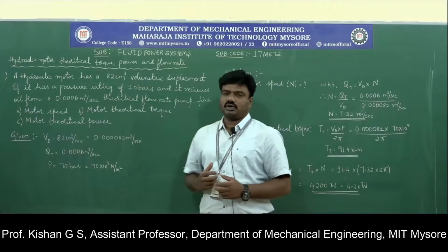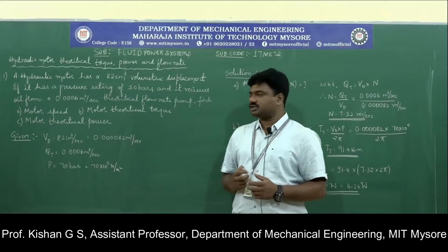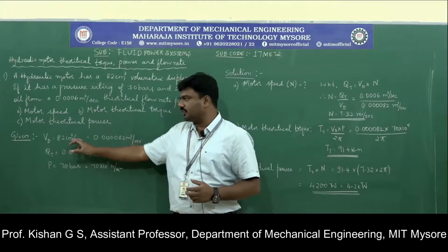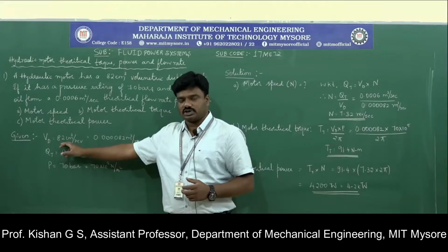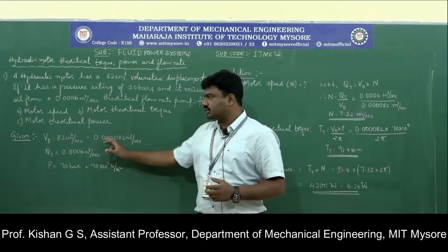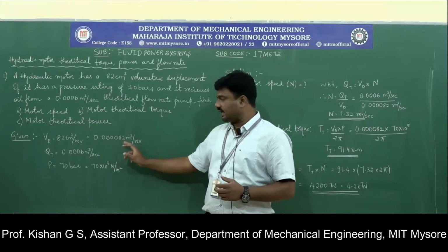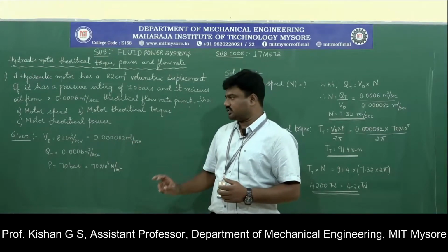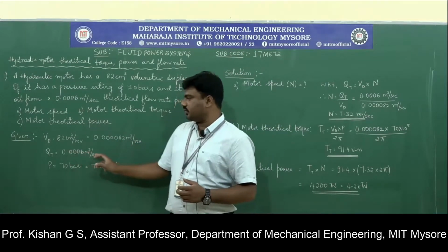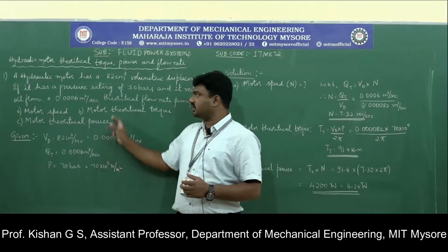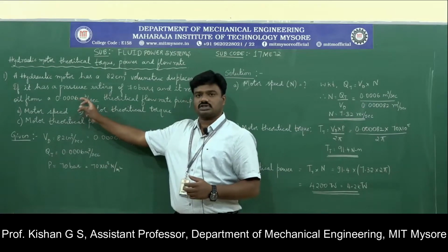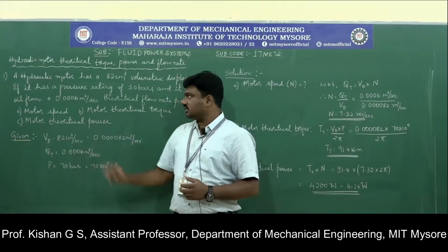Okay, so the standard unit for the displacement is meter cube per revolution. So 82 centimeter cube per revolution is the given volumetric displacement. Upon conversion, it becomes 0.000082 meter cube per revolution. Similarly, Qt is in meter cube per second. It is given in standard unit. It is 0.006 meter cube per second. That is the theoretical